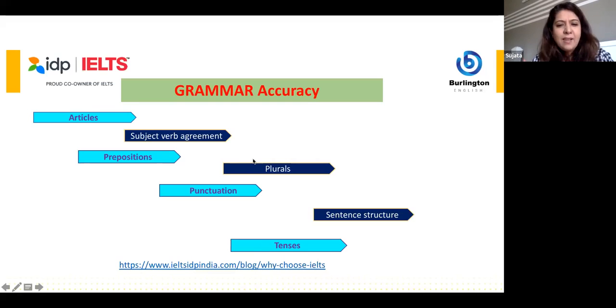So let's look at the elements and revise what's grammar accuracy. Now, all this that I have populated on this slide is for a purpose. These are the areas where many of us give away our marks. We eat articles. Probably they're so small and they're digestible. So we eat the determiners or the articles a and the, and somehow the subject verb agreement, we all know singular, plural. We know single subject, plural verb, plural subject, single verb. We know exceptions too, but somehow when we write or speak, there are slips.